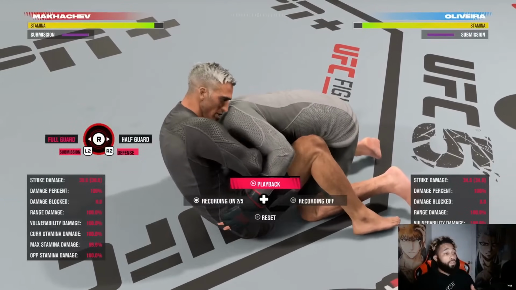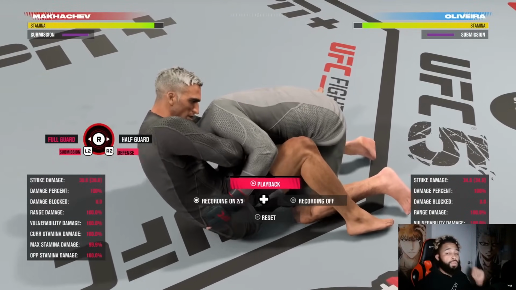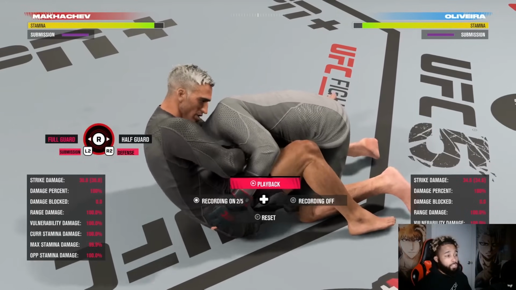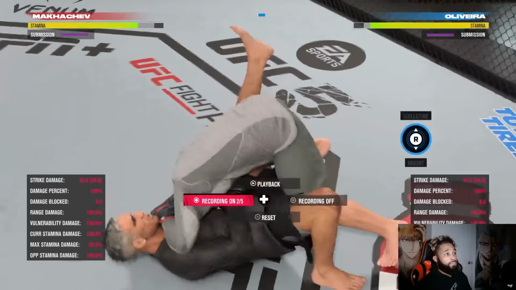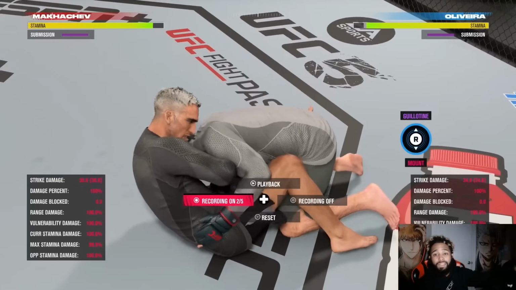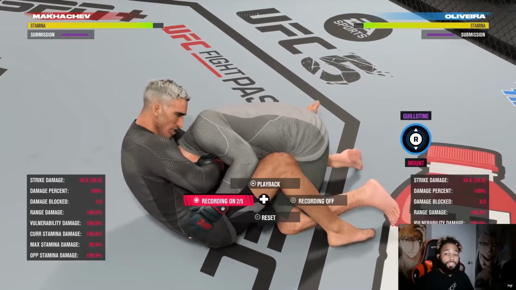So when I go to fake this full guard transition and Charles Oliveira tries to deny this fake, look what's going to happen to our stamina, right? So I'm going to go and fake this. I'm going to defend it, right? But look at Oliveira's stamina. Look who recovers first. Makhachev is the one who recovers his short-term stamina faster,